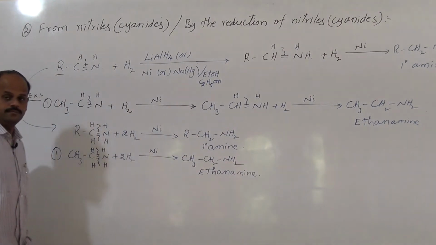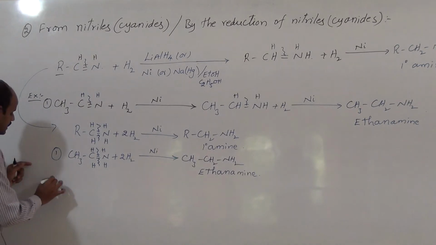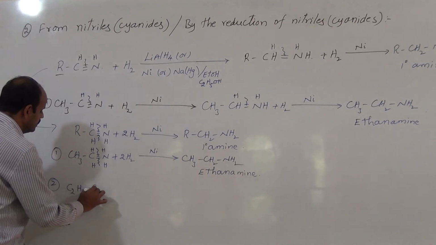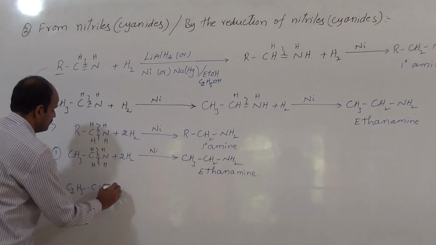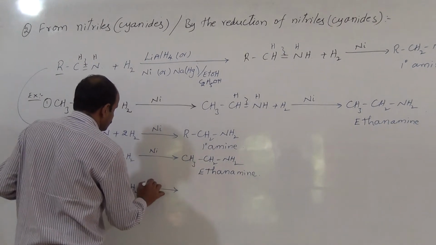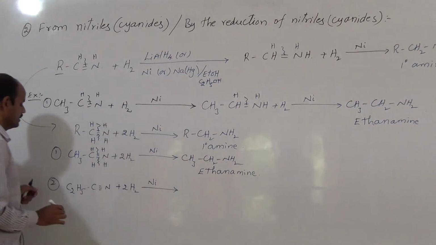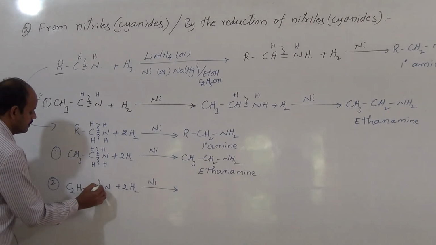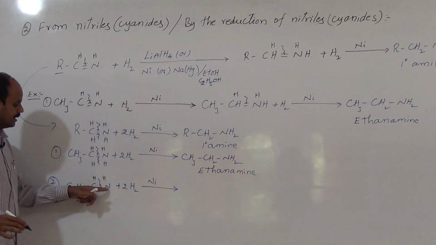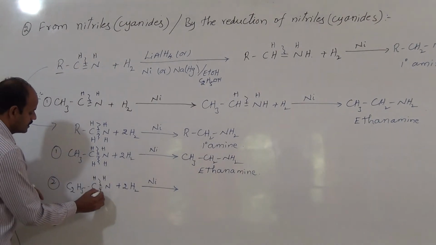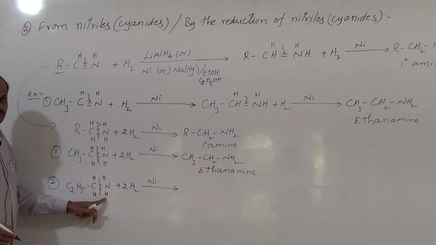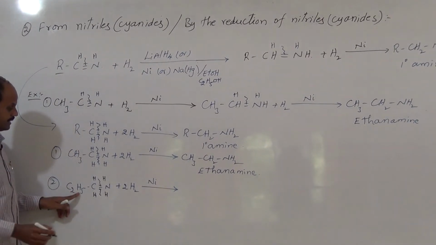Ethanamine. Here you can take another alkyl group, C2H5 C triple bond N, which undergoes reduction in the presence of catalyst nickel. Then this bond will break down. Thus hydrogens are added on carbon and one more on nitrogen. After breaking this bond also, hydrogen is added, and nitrogen also gets one. Thus we get C2H5